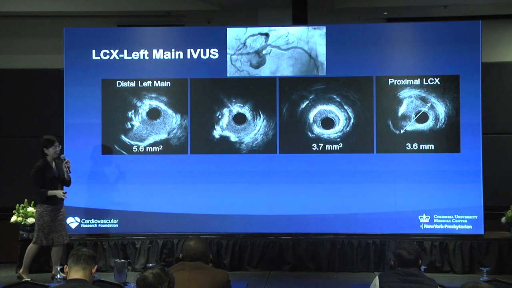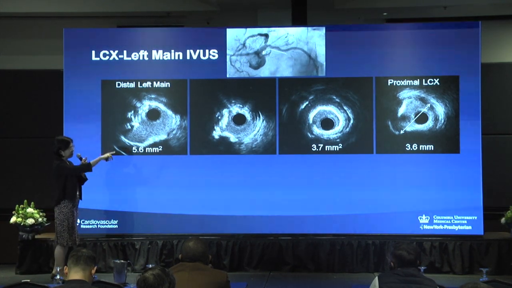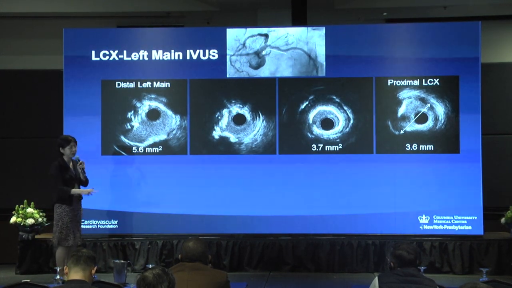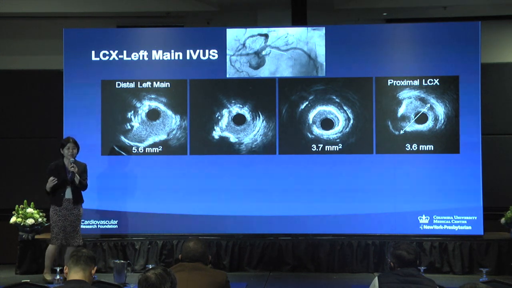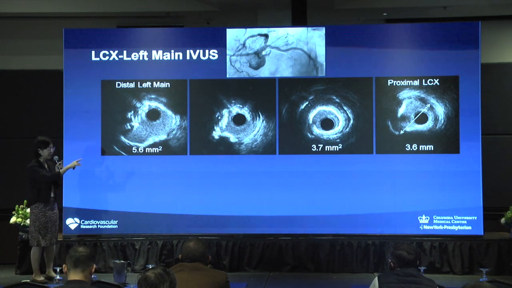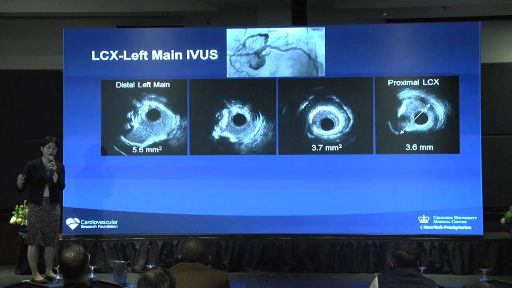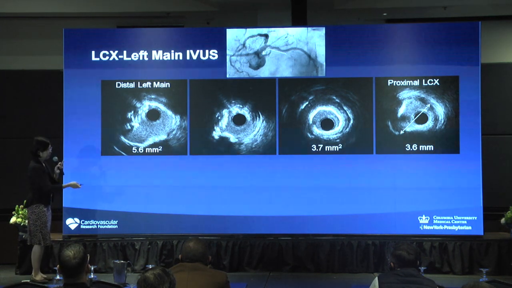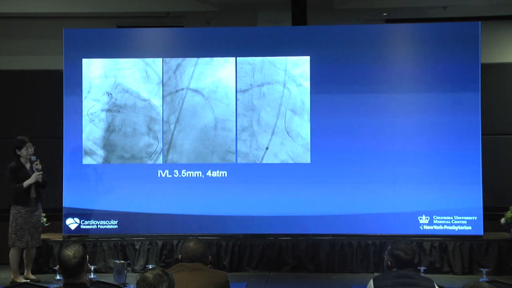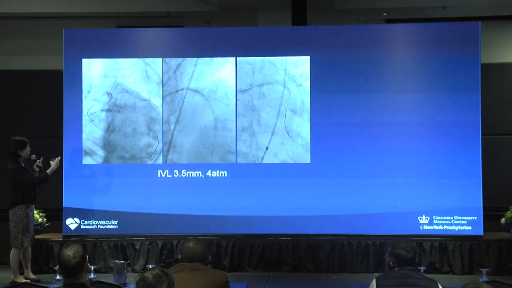But most supplies of the circumflex, compared to the angio, we see a very stenotic region in the proximal circ. Originally, we planned the provisional, but based on this picture, oh my goodness, we have to do a two-stent technique. That's our thought. Okay. So what we have done, because of that circumflex region, we did the shockwave